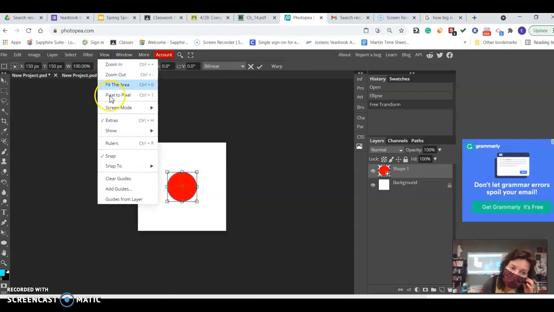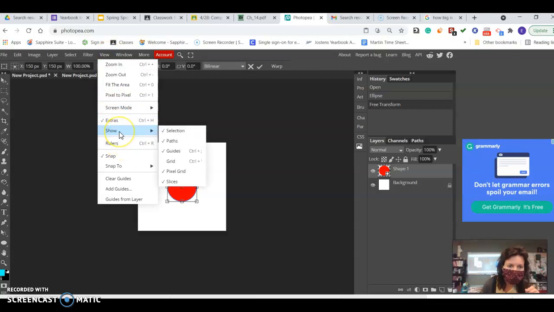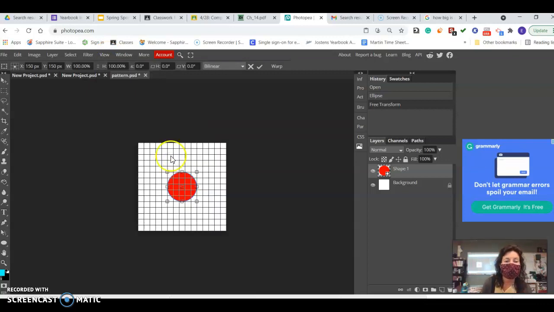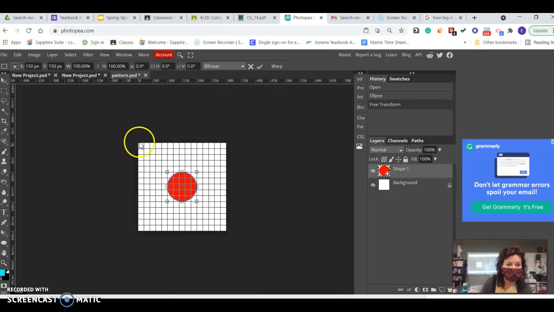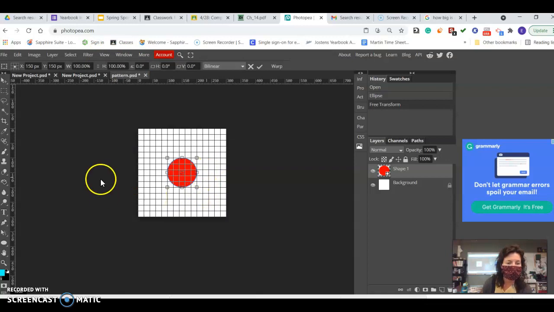If you go to View, you can go to Show, and you can turn a grid on. And make sure that your snap to is turned on for guides and grid. And we're also going to turn rulers on. Now, what this will allow us to do,